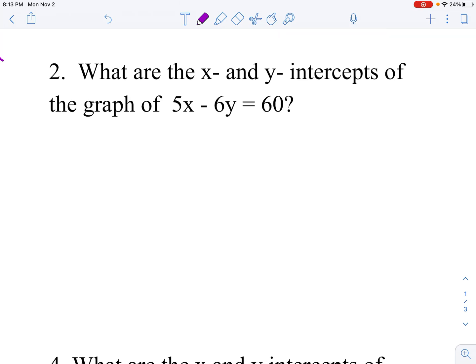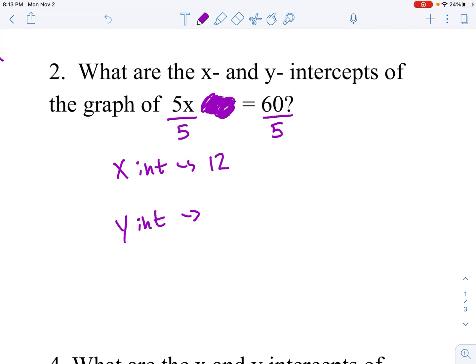Okay? So on the next one, it says, what are the X and Y intercepts of the graph of 5x minus 6y? So x-int is for X-intercept, y-int for Y-intercept. Plugging in a 0 for y gives me my x-intercept. So basically I can just cover this up. We're dividing both sides by 5. 60 divided by 5 is 12